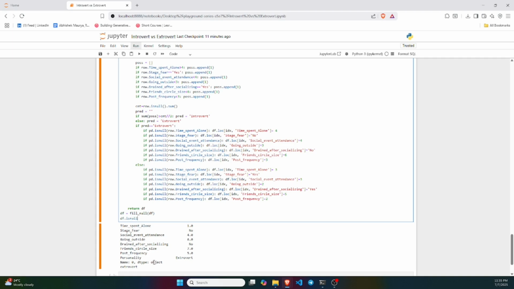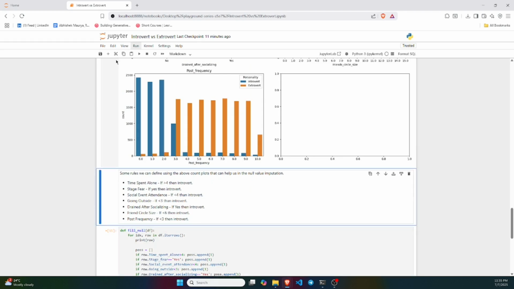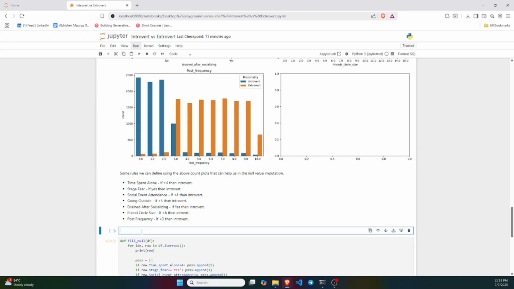And df dot is null dot sum, it will print 0. But before running this code, I want to show you one more thing. कि तुम्हें ये डाउट हो सकता है कि for a particular row, all values can be null also ना. So is that a case? So let's see that. For that, we can do this. Row wise null value का count निकाल लेते हैं, उसको assign कर देते हैं. And I can print,